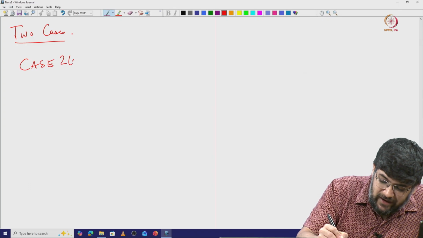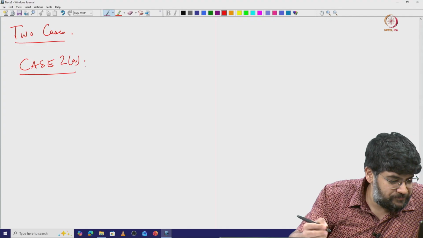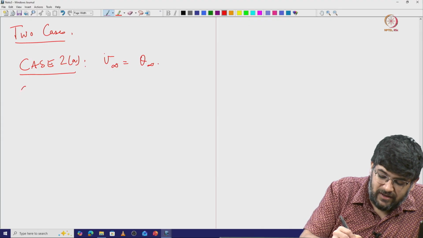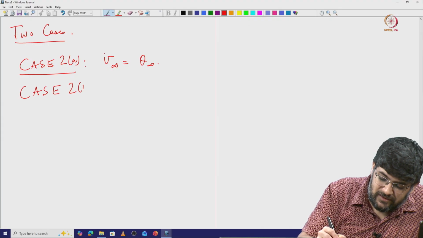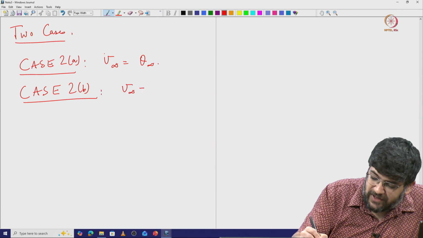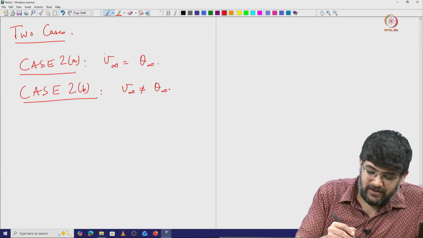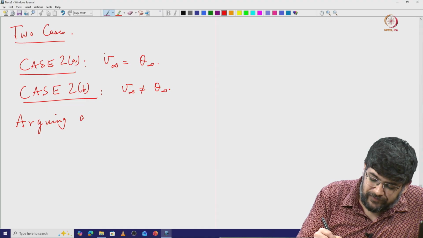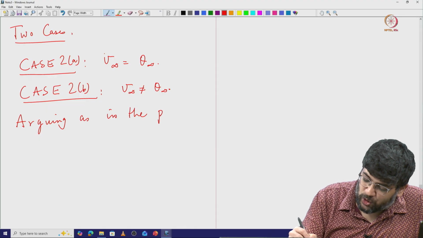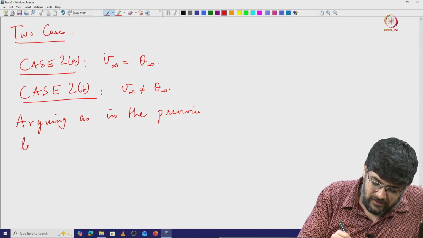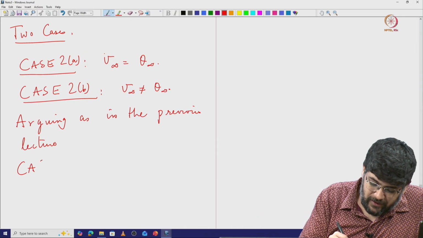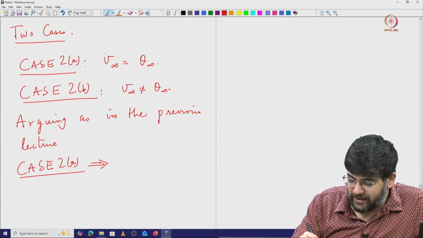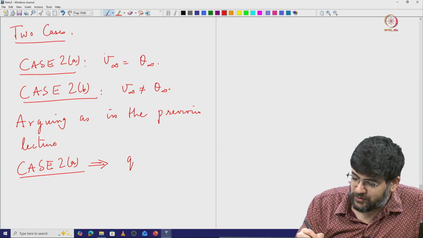So case 2a is that this V_infinity is equal to theta_infinity, and the second case is where this is not so. Arguing as before, I am not going to repeat the argument from the previous lecture. Case 2a implies that in fact q is a conjugate point